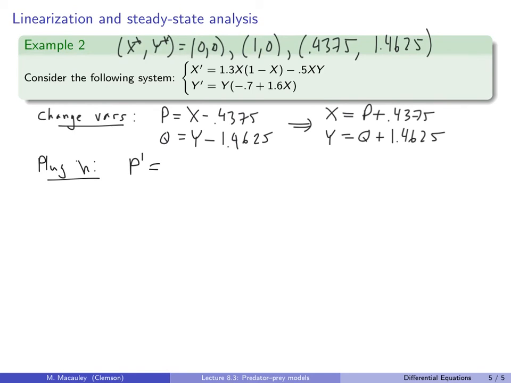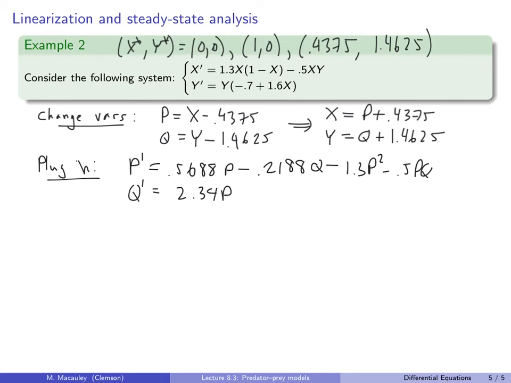It's P prime equals 0.5688 P minus 0.2188 Q minus 1.3 P squared minus 0.5 P Q. I'm just keeping 4 sig figs. And then Q prime is 2.34 P plus 1.6 P Q. So if you linearize this,